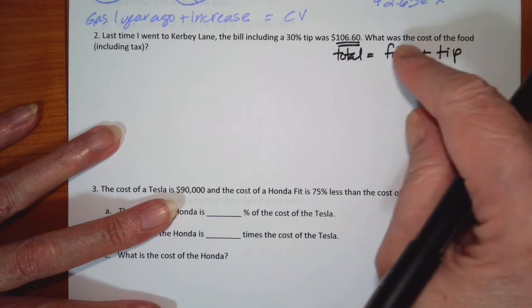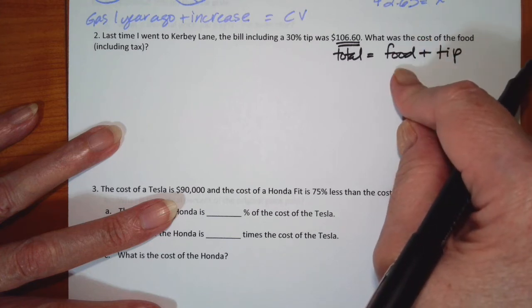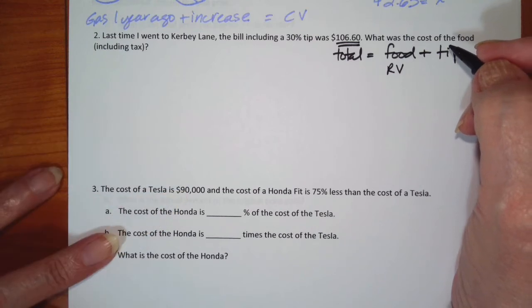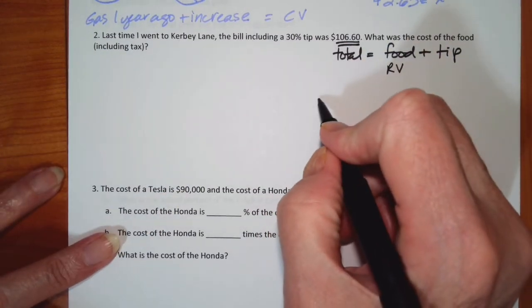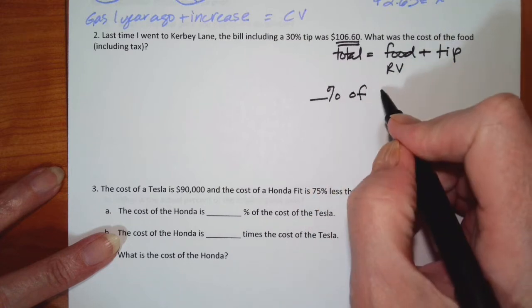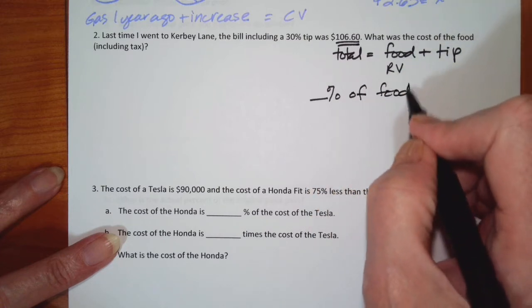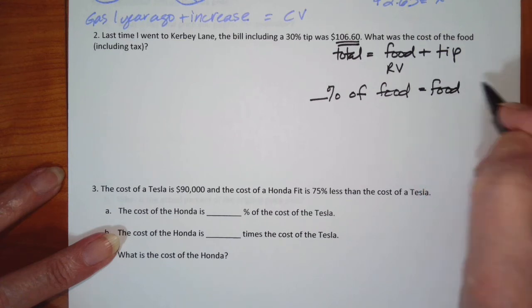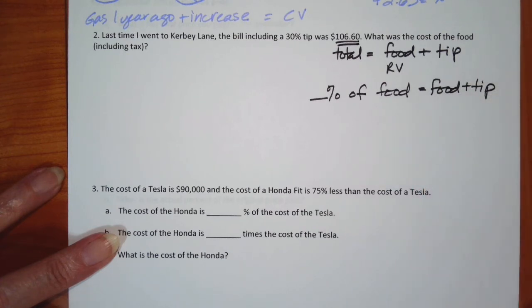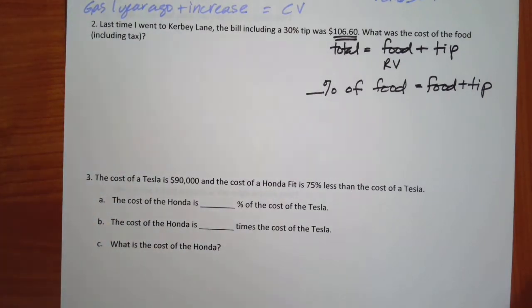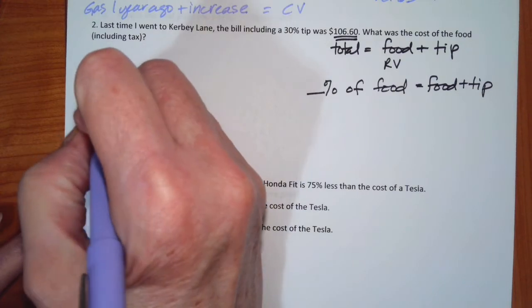To find the tip, you have to know the food. So this has to be our reference value. So when I set up my equation, it's going to be some percent of the food equals the food plus the tip. Okay, and I say these things a little bit differently every time I do it. So we know the food